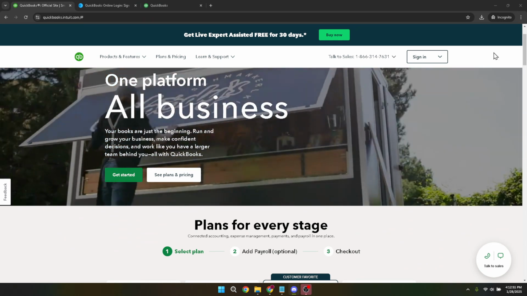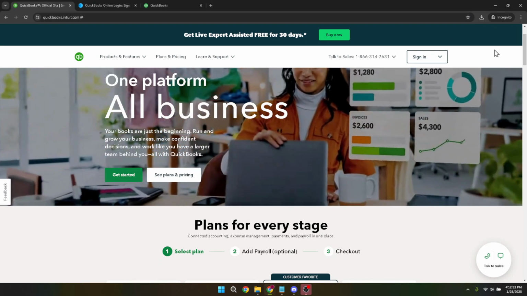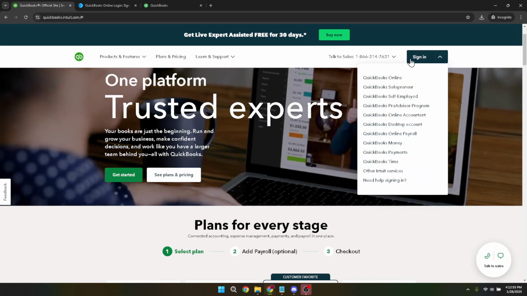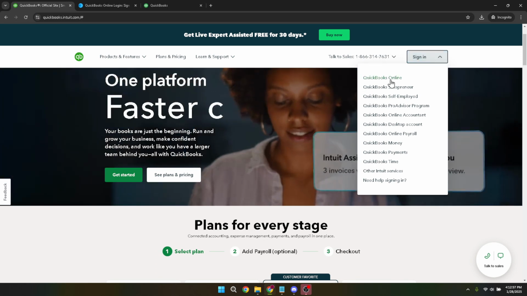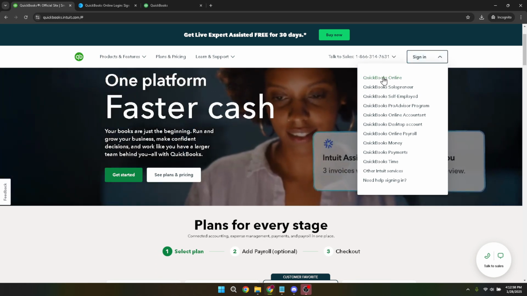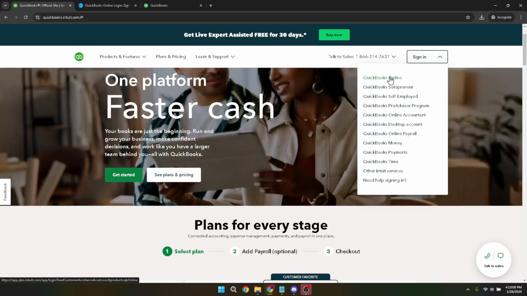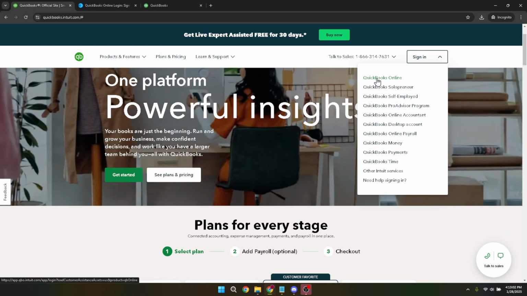First, you'll want to click on Sign In. This is the gateway to accessing all your QuickBooks features and data, so make sure when you sign in, you're using the account that is authorized to manage vendor credits. Once you've clicked on Sign In, the next move is to choose QuickBooks Online from your list of options. QuickBooks Online is the cloud-based version of the well-loved accounting software, perfect for small businesses aiming for flexibility.